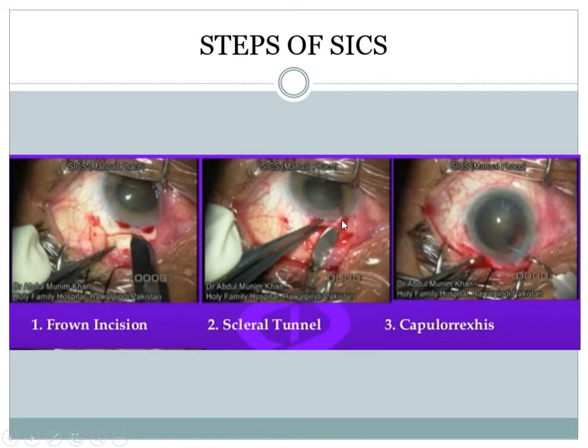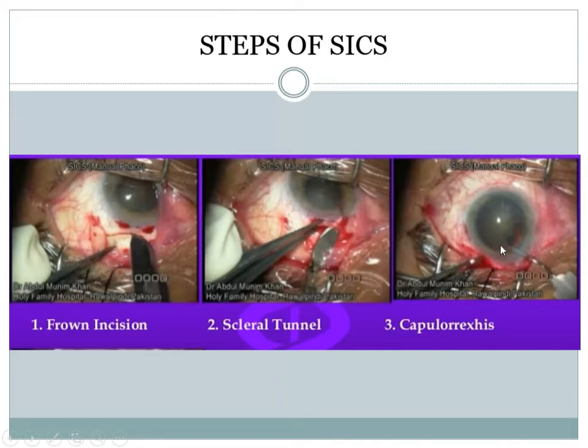So then once you create the tunnel, you take this entry blade and enter into the anterior chamber. Okay, so the moment you enter into the anterior chamber, the anterior chamber will collapse because it is filled with the fluid, watery substance, that is aqueous humor. So that escapes. So to reform the anterior chamber, you put a viscoelastic substance. So once you put the viscoelastic substance, your anterior chamber will become deep.